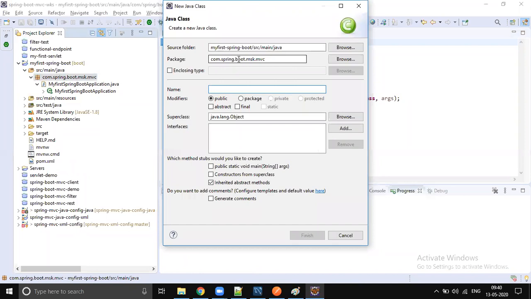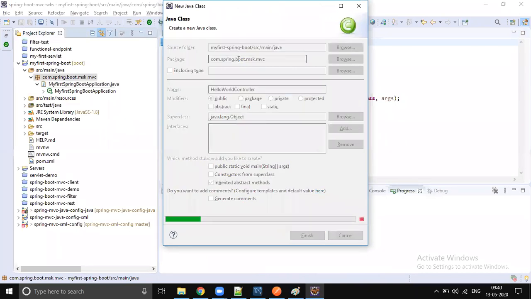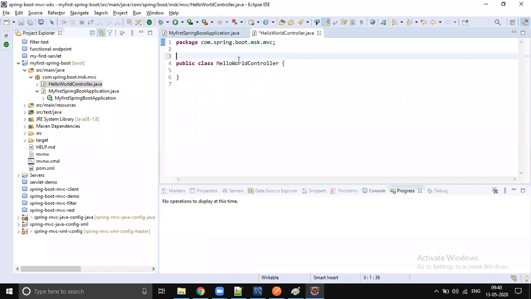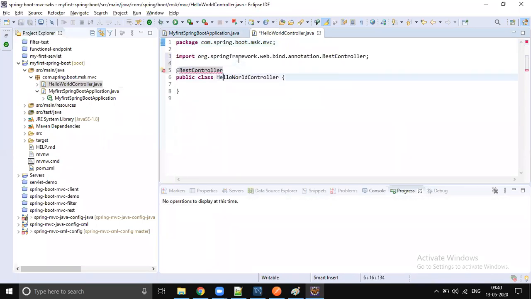So our favorite controller, the Hello World controller. Just for demo purposes, okay? Just a controller. Annotate this class with @RestController. Write a public method, and we're going to return some message, like say hello.